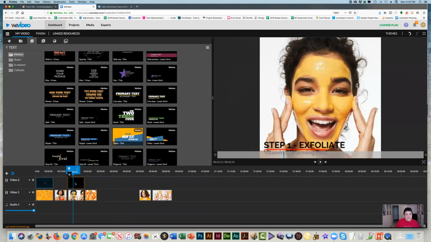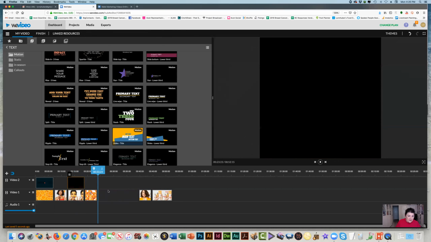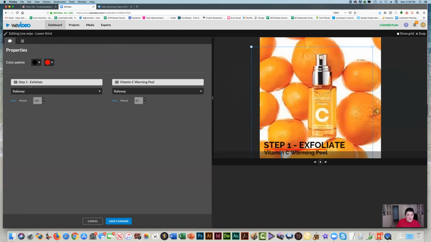So I can take this text and copy it. I can go Edit, Copy, or I can do Command C, or if you're on a PC, it's Control C for copy. Move your line over to where it's not on anything. We're on this row. Remember, this is video 2, and paste it. So you can say Edit, Paste. No, that didn't work. Okay, so if I copy, and then I go over here and paste it, now I'm going to edit this, and I'm going to say step 2,